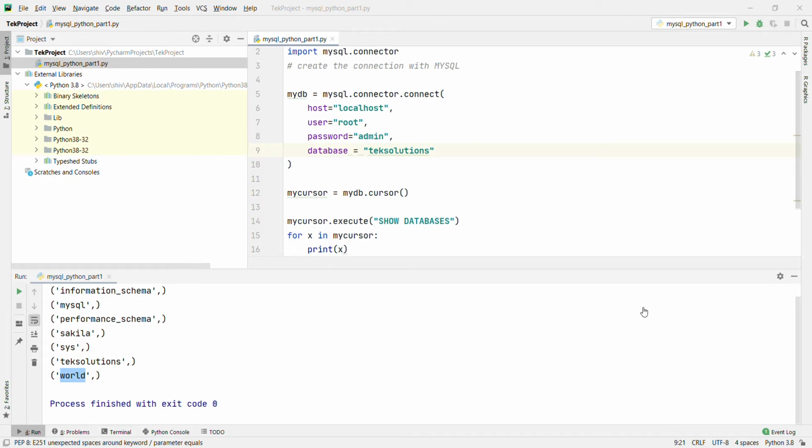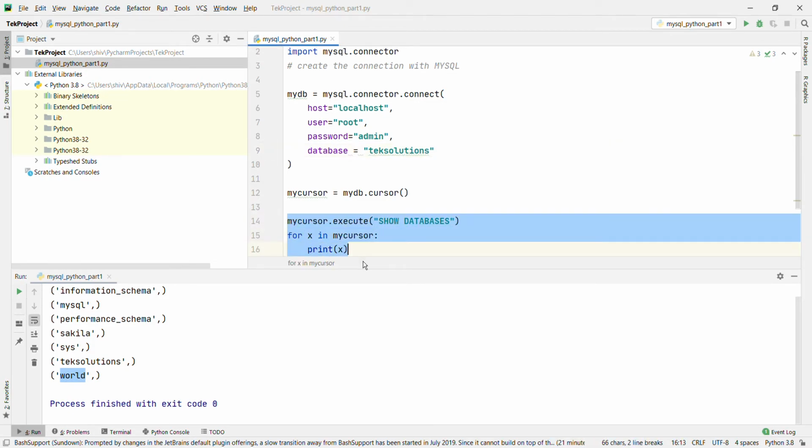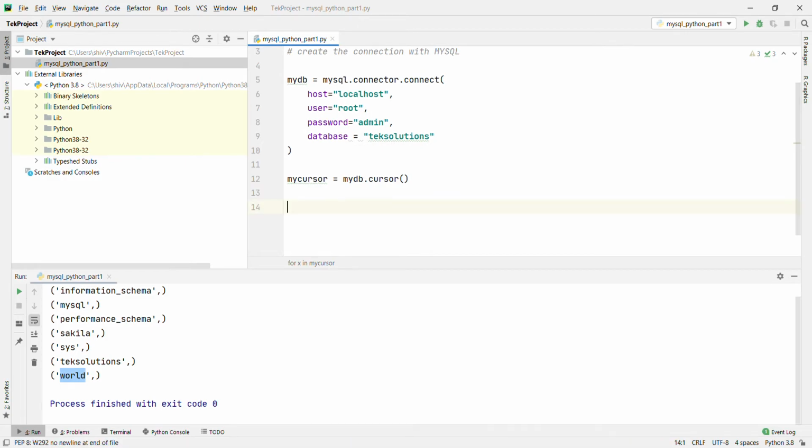Now what are we going to do? We are going to create the table under the tech solution database. To create a table in MySQL, we are going to use the create table statement. Make sure you define the name of the database when you create the connection, and we already defined it here, right? Database tech solution. Okay, now I am going to create the table under the tech solution database. For that, what do we have to use? We have to use mycursor.execute,